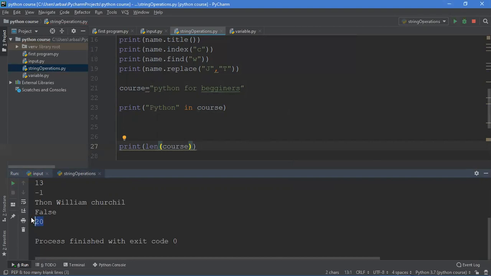Yep. So I think now we are done with the whole string things. Again, if you have any questions, you can ask